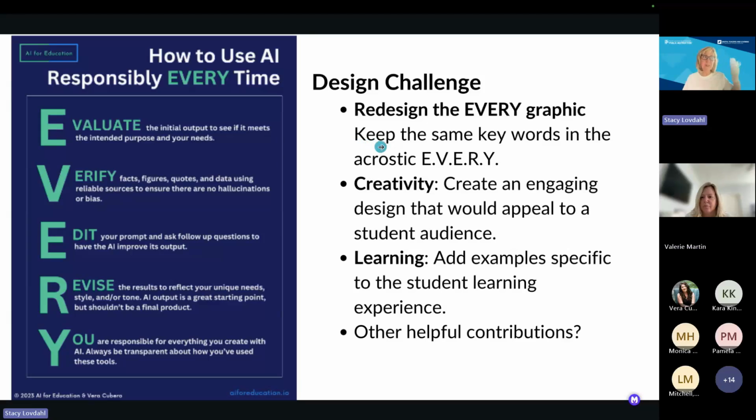I ended it up with a couple of other things there, but I want to definitely fit in my other two examples. But what I asked the teacher was whether or not they thought it would be a good idea or interesting to have a design challenge based on the EVERY framework that we have been talking about, the NCAI guidance about how to responsibly use AI every time, and maybe making a classroom student version of that and having a design challenge. So they talked about that and thought that that might be something that would be interesting to do.